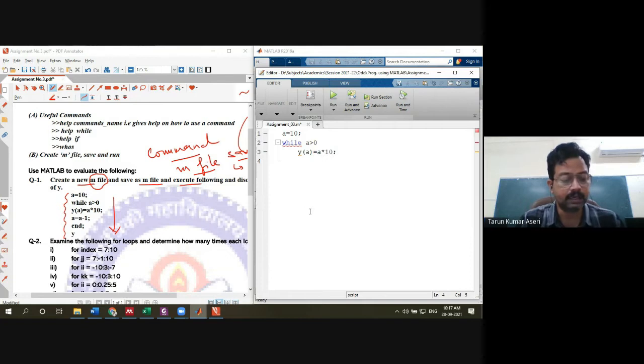Then I decrease the value of a by 1, so after each iteration it will decrease the value of a.